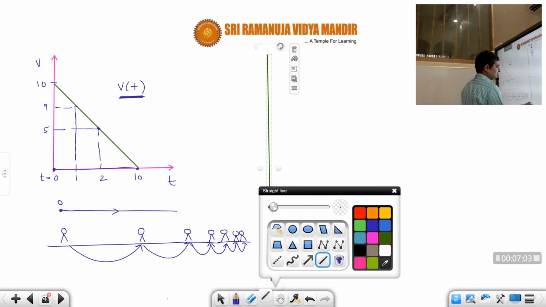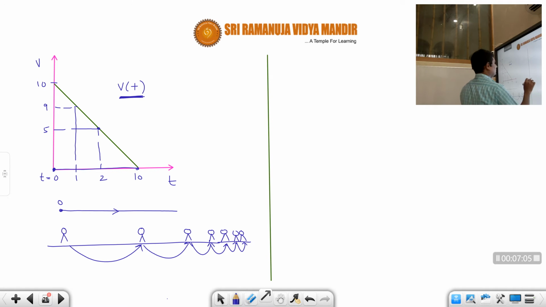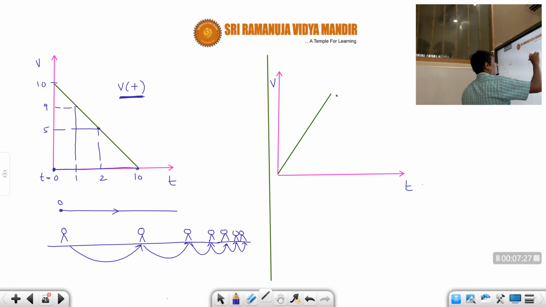Now one more v-t graph, students. These are all just analysis of graphs, students. We should know how to analyze the graphs, how to understand the given graphs. Okay. So suppose let us say this is v and this is t. Now the given graph is like this. Suppose the given graph is a combination of the previous one and this one. So now suppose the v-t graph is like this.